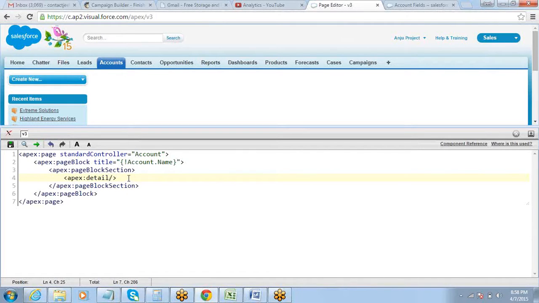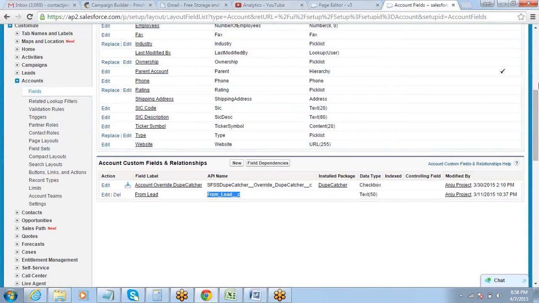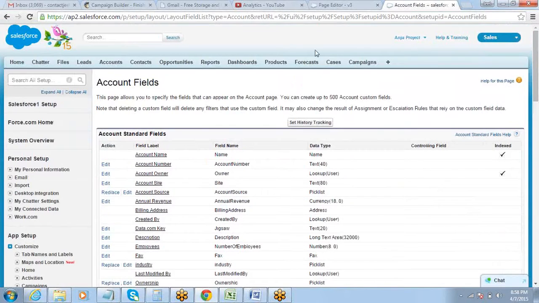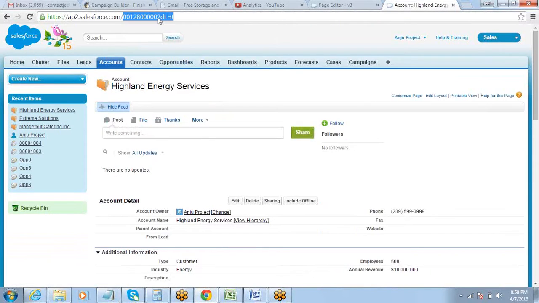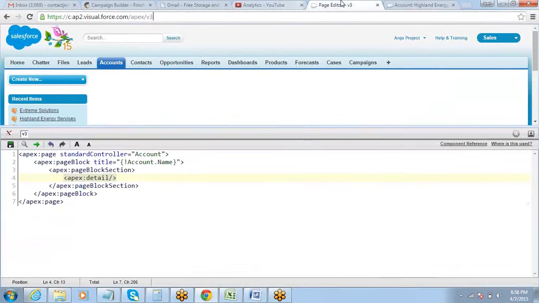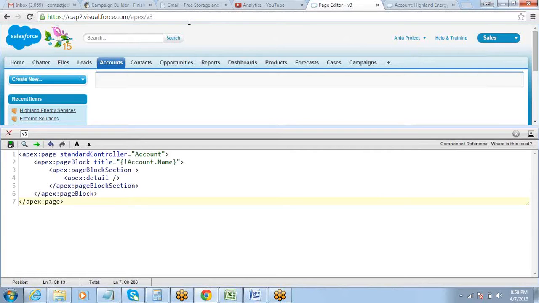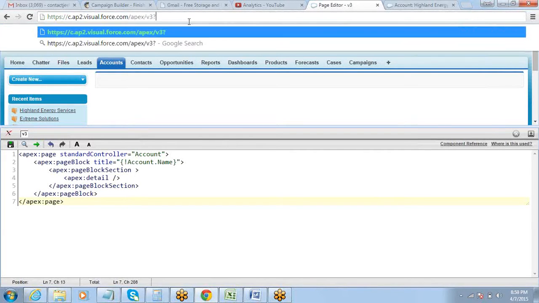Okay, Apex Detail, one single component will display the entire detail of the record. Which record? The one that you supply the ID here. Okay, so let me take the ID from one of the accounts. Save it. Question mark ID equals, paste it.